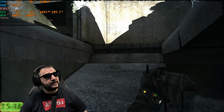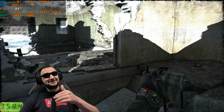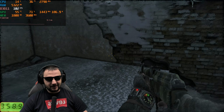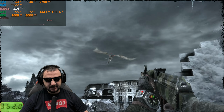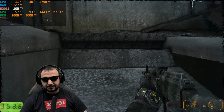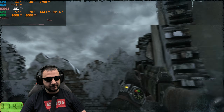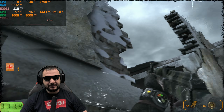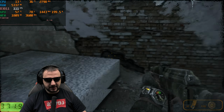As a point of reference, I'm very interested. I'm actually surprised, comparing it to the SLIs and quad SLIs and R9s and all kinds of stuff, how this video card is performing. I'm shocked that this video card is running like this, but it does the job. Got hundreds of FPS here, 96% load on the core of the video card, 375 watts consumption from the wall. It's an impressive performance from the video card,